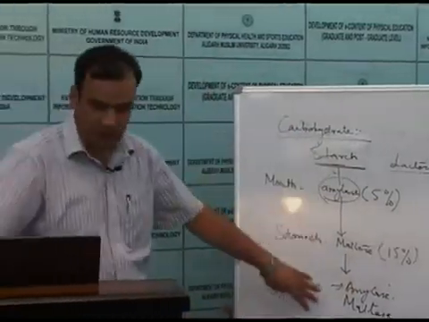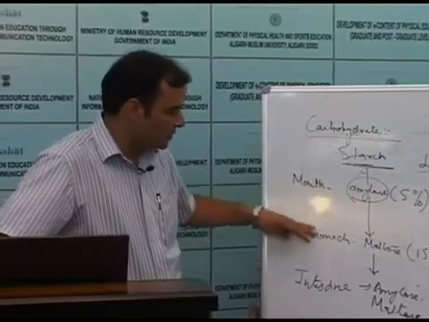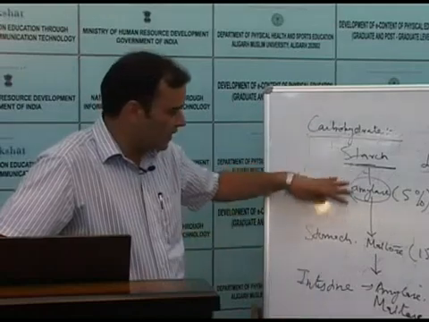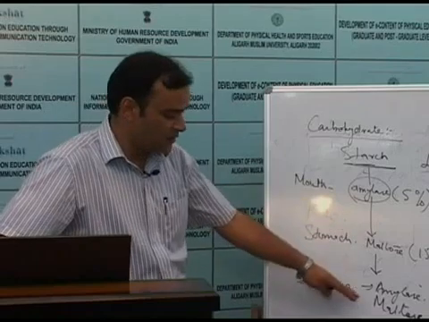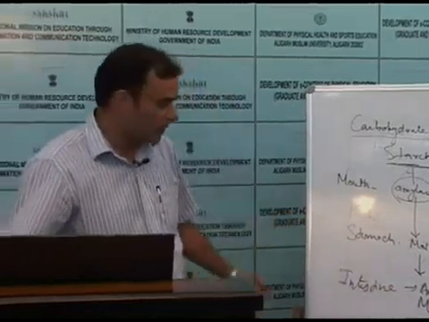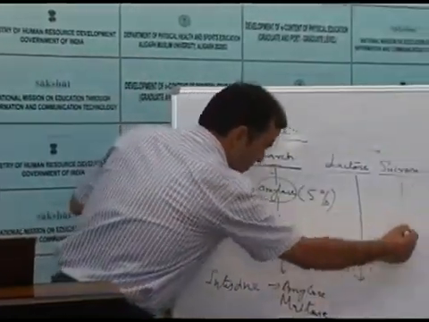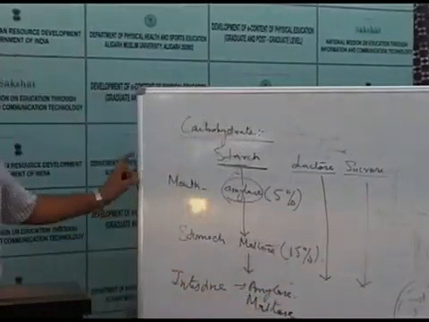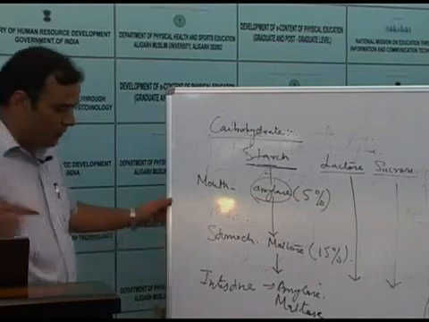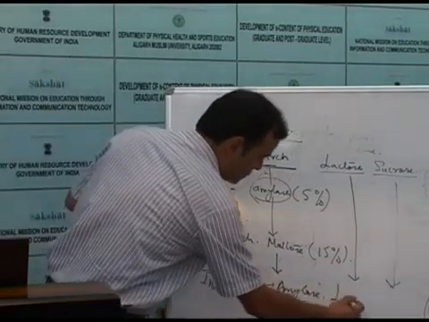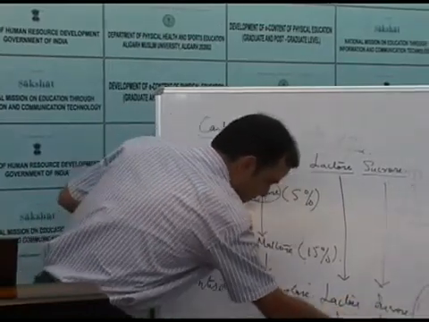So, this is the fate of starch digested in different parts of the GIT, first in the mouth, stomach and intestine. So, finally, by the help of pancreatic amylase and the salivary amylase, the starch is finally converted into maltose. There are no enzymes for lactose and sucrose in the mouth or the stomach. However, when this maltose, lactose and sucrose move further forward for absorption into the small intestines,